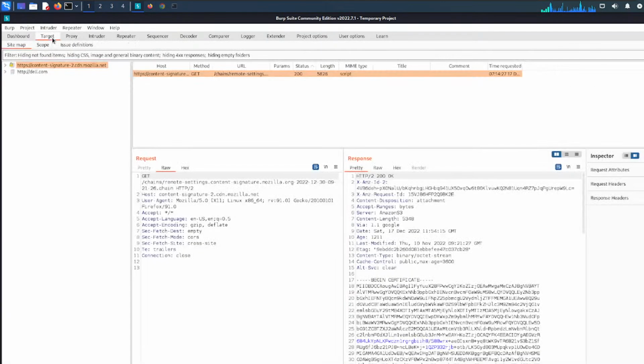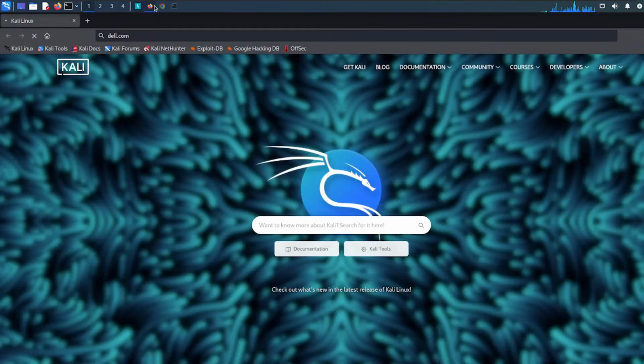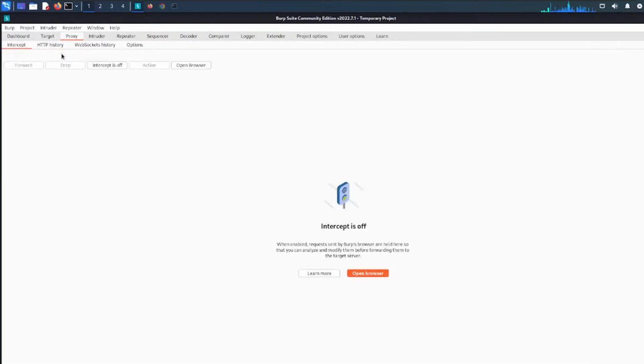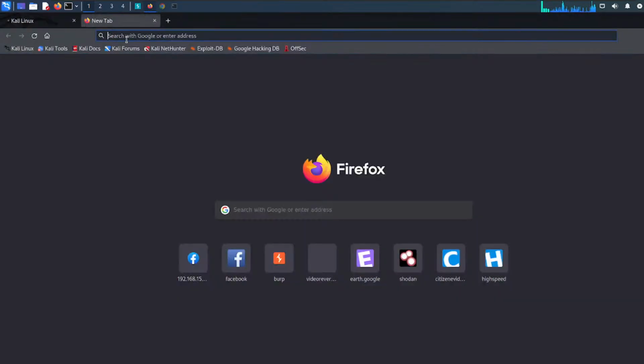If I search dell.com, I have the information for dell.com, but wait for it, we have not got particular information. Intercept is off, but